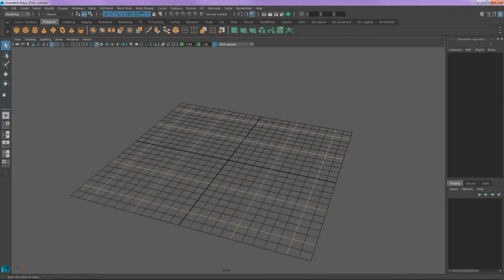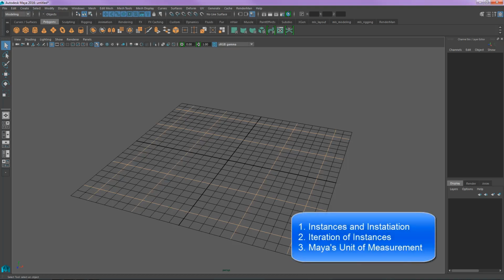Welcome to Chapter 7. Our goal in Chapter 7 is to create a spiraling staircase. Before we create that staircase, we need to understand a few basic things in Maya. Those would be instances and instantiation, iteration of those instances and how to control that, as well as a study of the units of measurement in